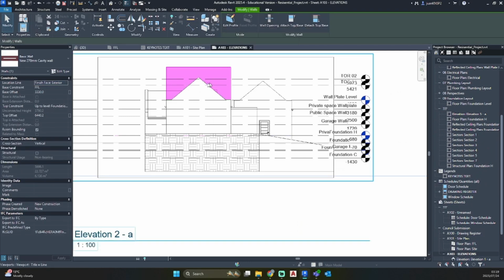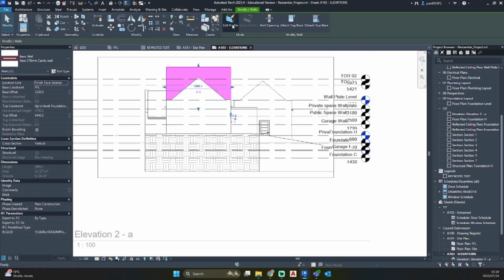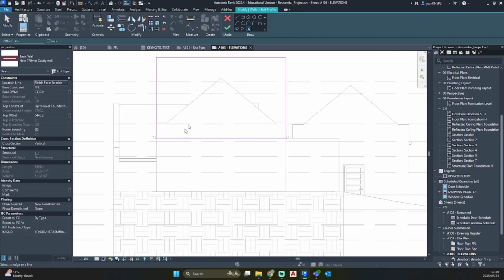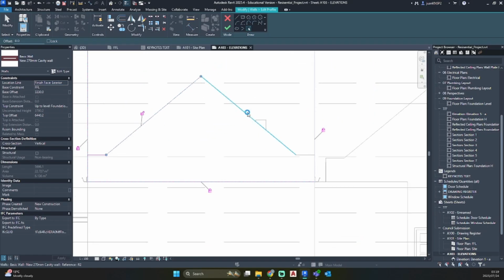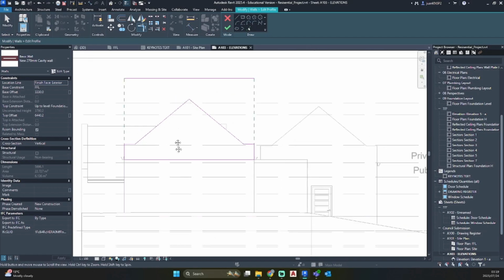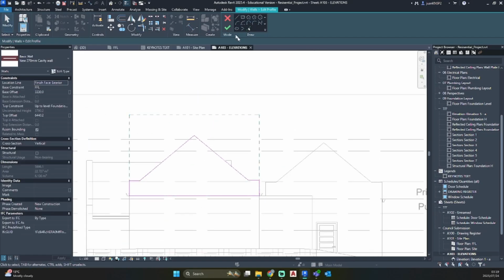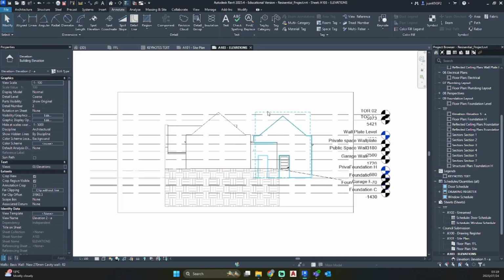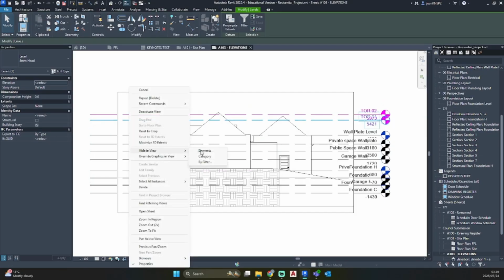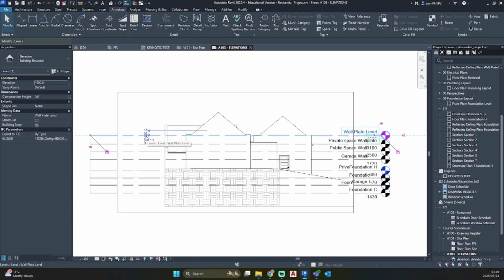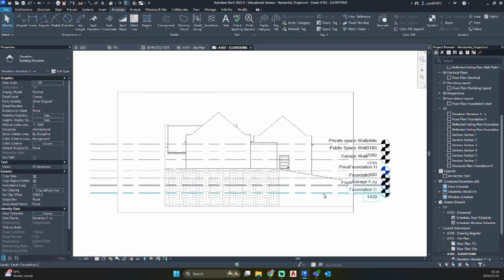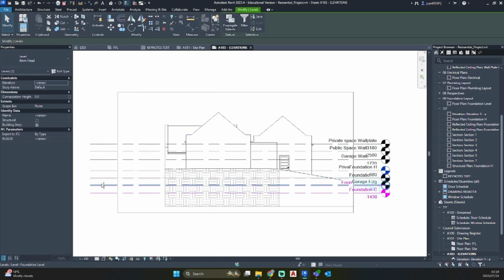So I'm just going to go edit profile. I'm going to use my pick lines tool just to align it with my other roof. Hit OK. There we go. So now I can hide the two top roofs because we won't be seeing those roofs in this elevation. And I hide my wall plate, foundations.